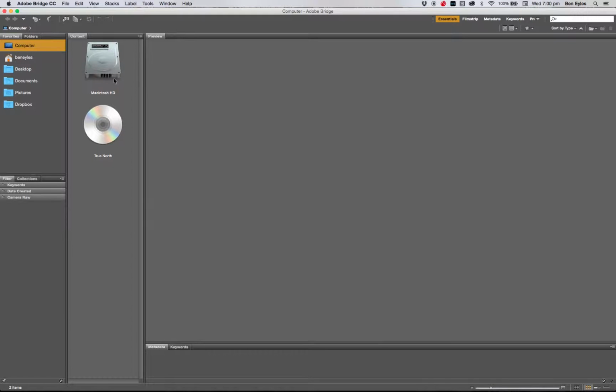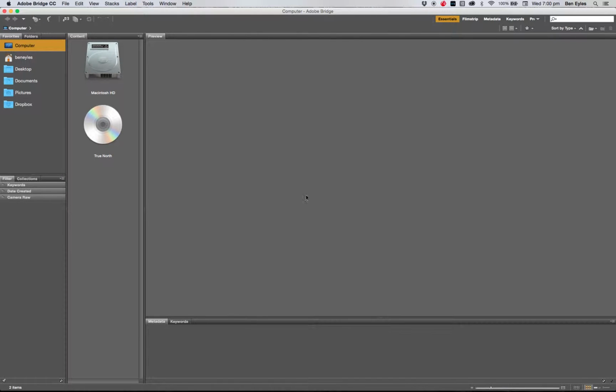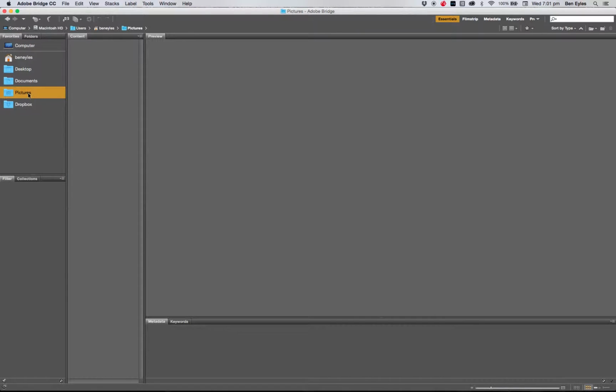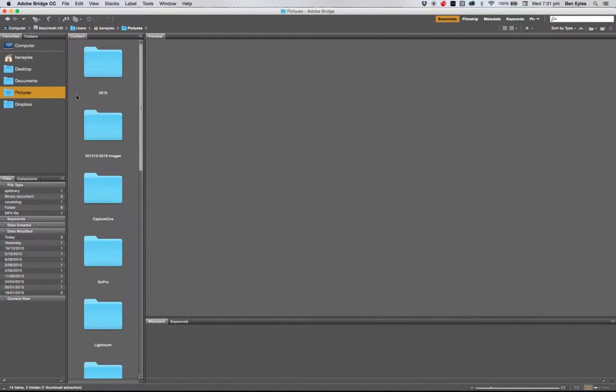So when you open up Bridge, you'll find a screen. This will be where your photo is displayed. This will be where you see your photos, and this side of things is where you go digging to find your photos. So I'm going to look for some photos in a folder called Pictures, because that's where I keep my photos, but you could point Bridge to your hard drive. I've got some photos in this folder here,